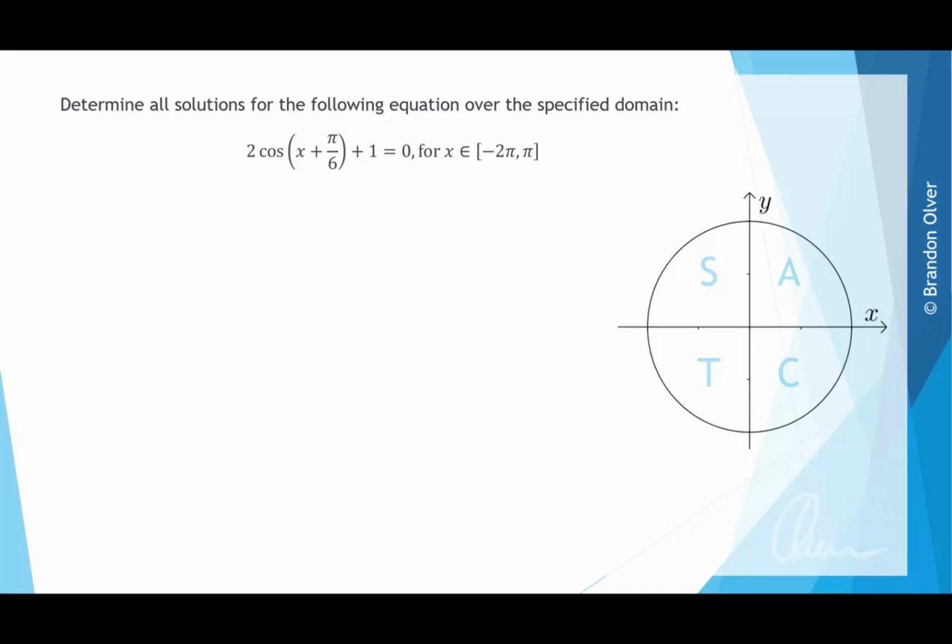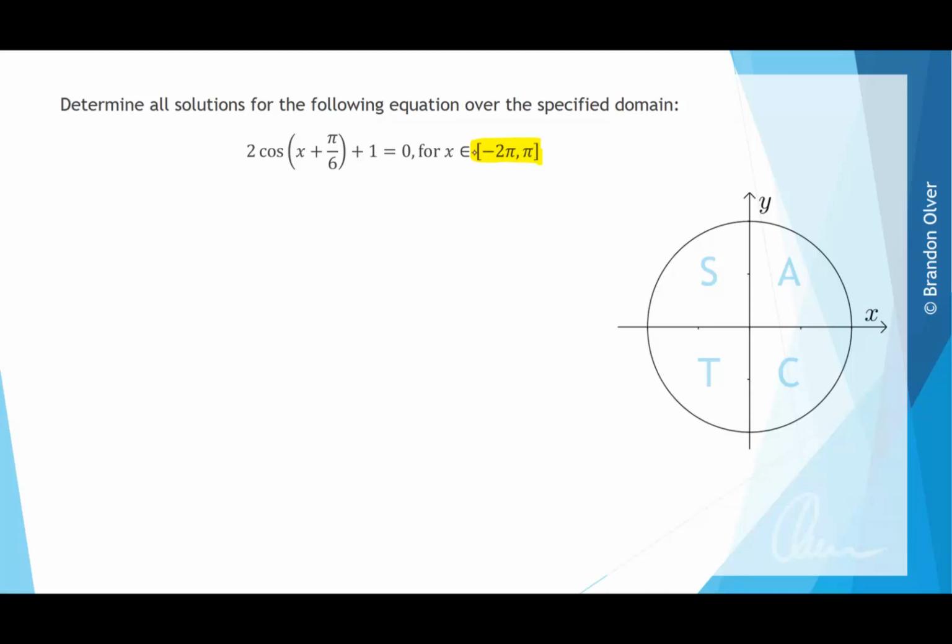Determine all solutions for the following equation over the specified domain. So our equation is 2 times cos of x plus pi on 6 plus 1 equals 0. We're going to solve that for x is an element of minus 2 pi to pi. So this here is the domain which we're solving it over, and we'll just keep in mind that that includes